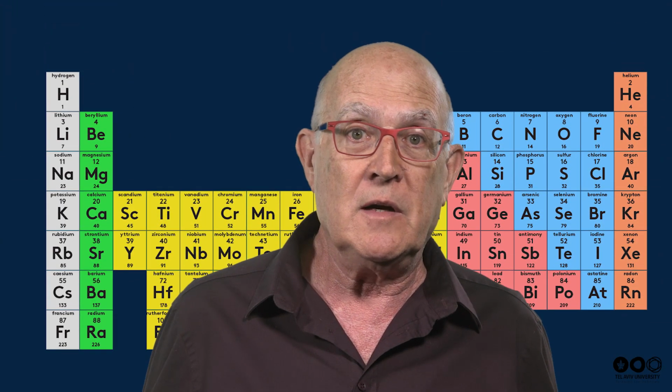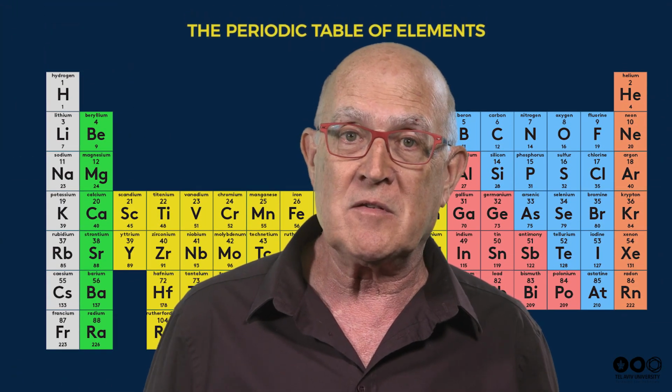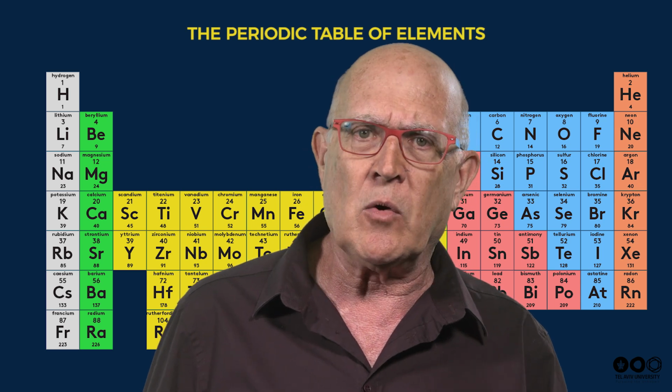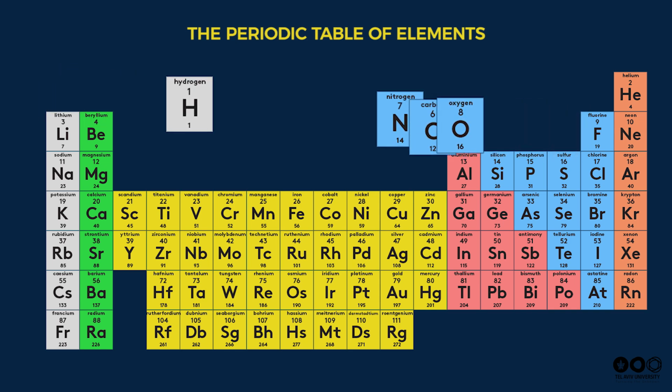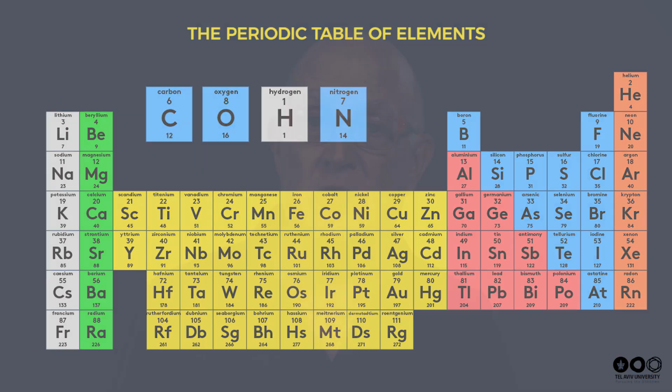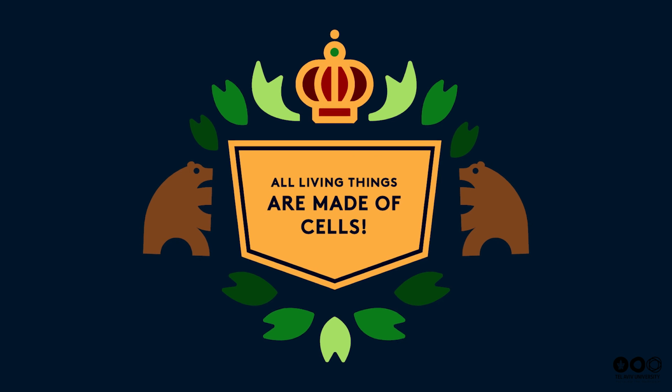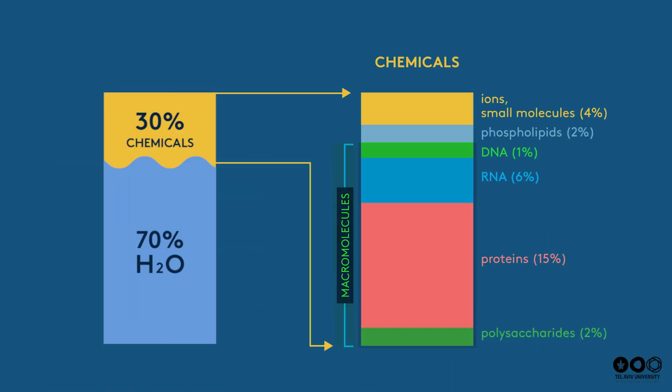In this lesson, we've learned that scientific investigation uses units to measure things. The world we live in is made of chemical elements. Yet curiously, living organisms, for the most part, make do with only 4 elements: carbon, oxygen, hydrogen, and nitrogen. And that 70% of our bodies is water. That cells are the units of life and contain organic macromolecules such as polysaccharides, proteins, and DNA.